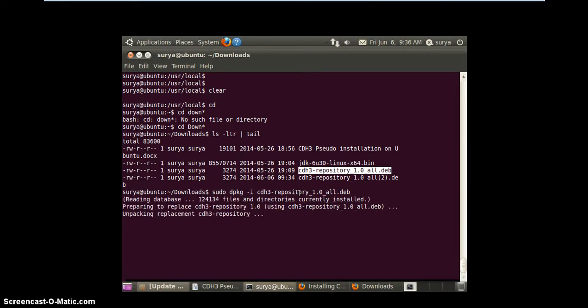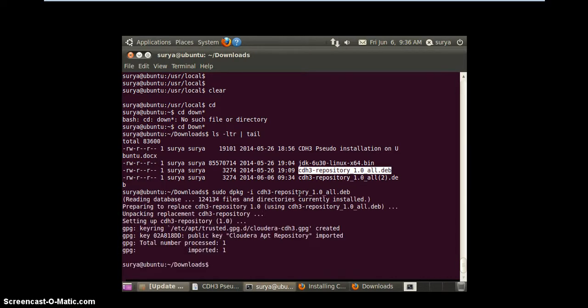So it would read from the package and extract everything, and it installs Hadoop. If you are doing it for the first time, it might take some amount of time. It depends upon your network bandwidth. Yeah, so my Hadoop Debian package is installed.